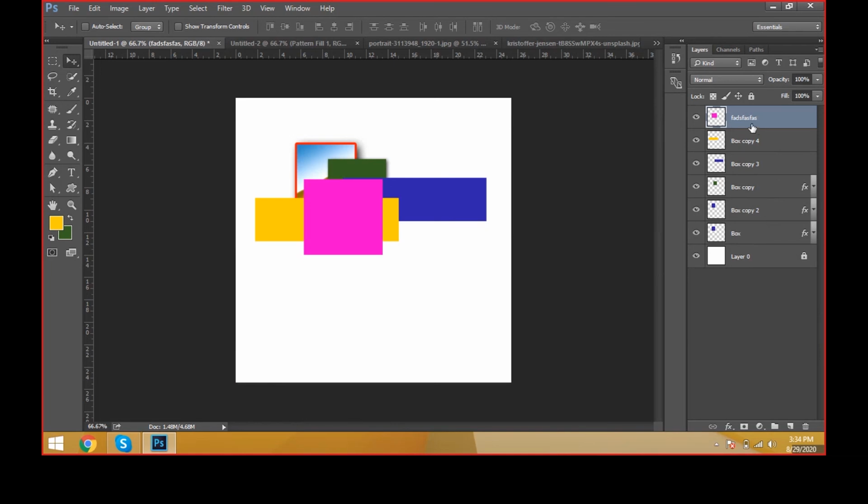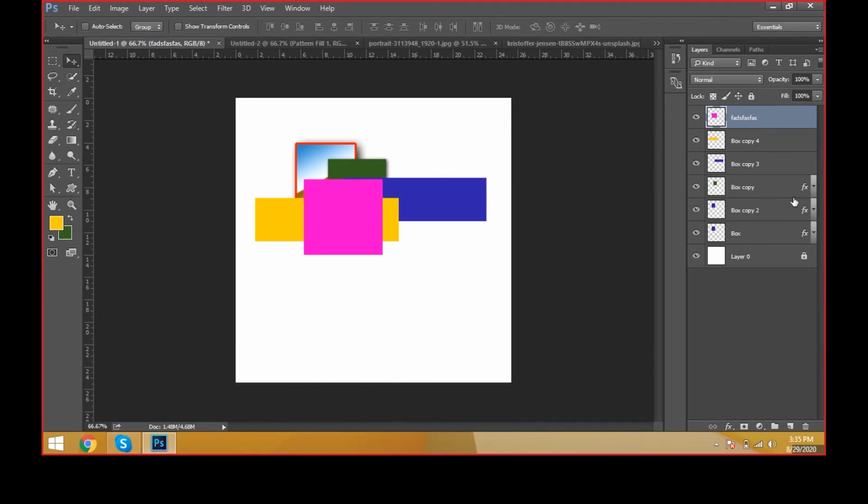I would like to send this object down below the layers, from the starting layer. Okay, now select this one. I can drag it like this manually. Okay, but this is not the right way, and we have options here. Control left bracket means we can go step by step backward, and Control right bracket means we can go step by step forward. But I would like to go at a time to the last layer. This layer should go at a time to below this box layer.